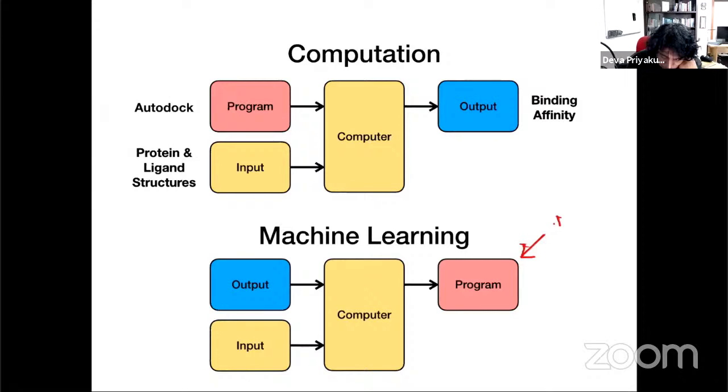So once you have this program, I can use it as usual. Originally, you give examples like what we did, examples of images and corresponding answers. So we give inputs and the corresponding outputs. We ask the computer to give me a program or a model which will take this input and produce that output. Now, for future inputs, I can take them and start predicting the outputs. That's the fundamental difference between traditional computation and machine learning.